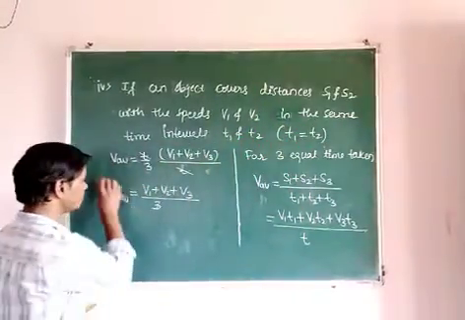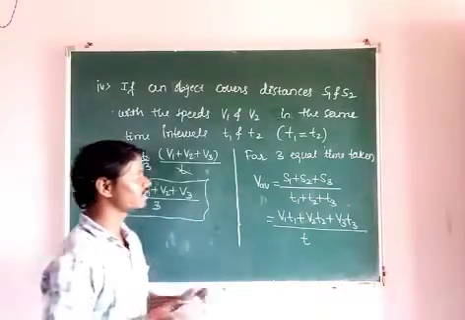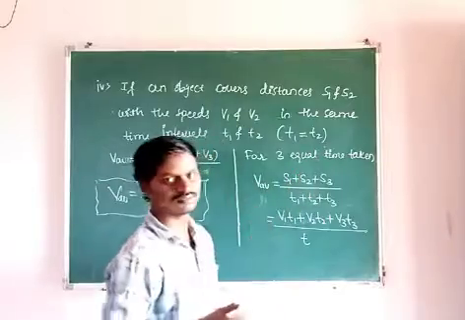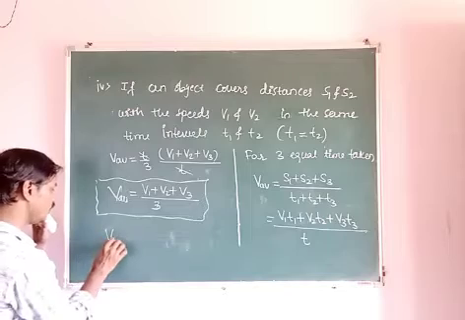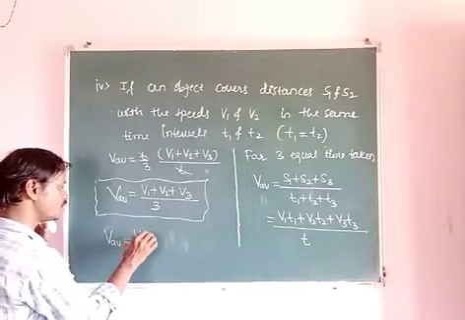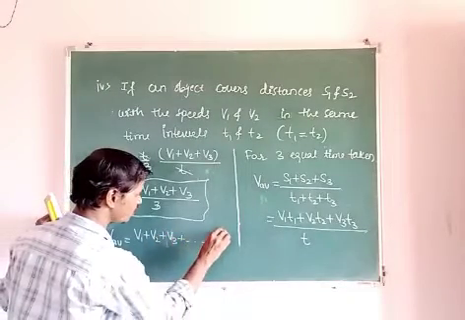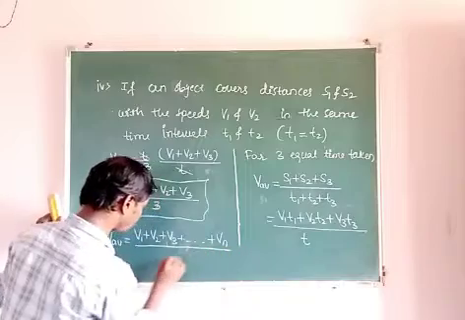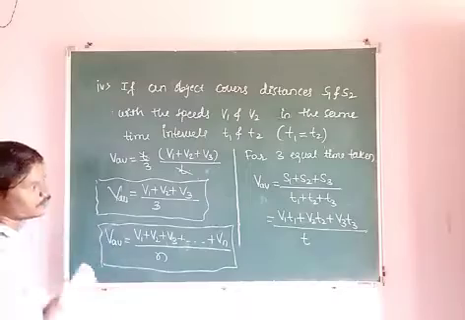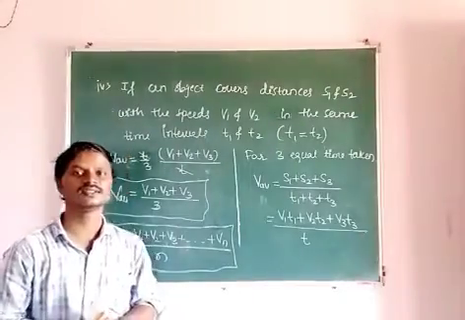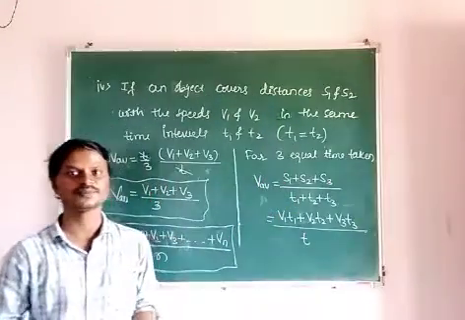Okay. Then if the object takes n number of equal times, how to find the average speed of the object? Then V average is equal to V1 plus V2 plus V3 and so on up to Vn, divided by n. Okay, this is all about how to find the average speed if equal times are given. Okay, so in next